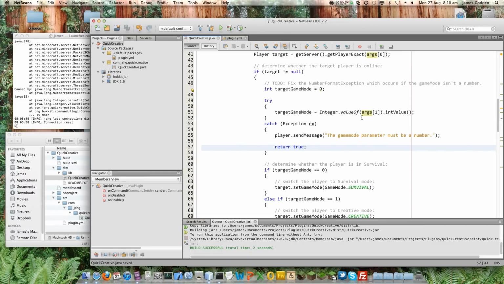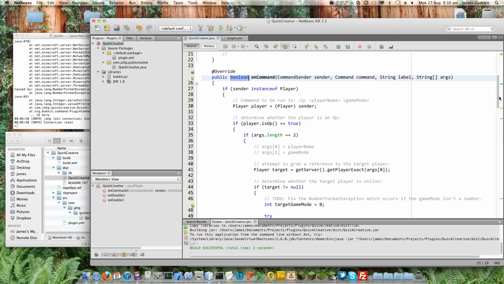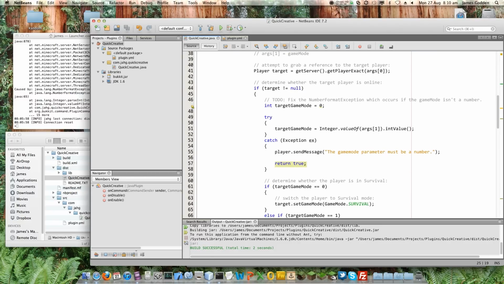You remember the return statement is used to get a result back from a method. So up here it's the onCommand method. This is a built-in one that we're overriding. It returns a boolean, true or false, as to whether this plugin actually ran correctly. Now because we've trapped our error here, we said we'll try and run this, catch it if it goes wrong, we have indeed got a plugin that works correctly. The fact it didn't do what you asked because you didn't type a number is fine.